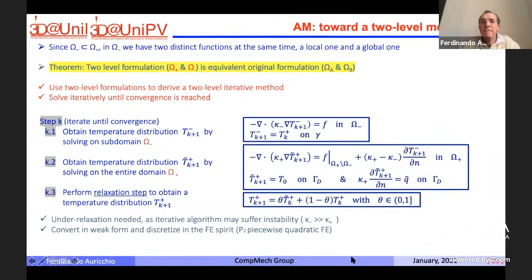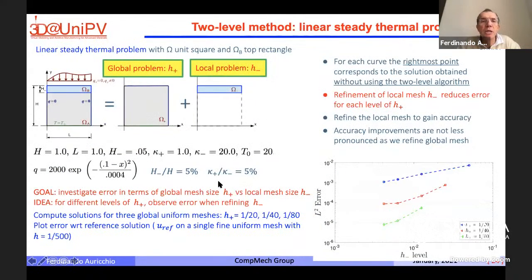And clearly, if the original problem is nonlinear, I need to introduce some iterative schemes in order to obtain convergence numerically, but there is also the opportunity to do a lot of proofs from the theoretical point of view, and you can see that by iterating you get the solution of the original problem. Here I will show some numbers on a very simple 2D problem. That's the problem. So I see, let's say, a lower part of the domain, which is domain A, an upper part where I could include some nonlinearity, omega B, and then heating just from the top.